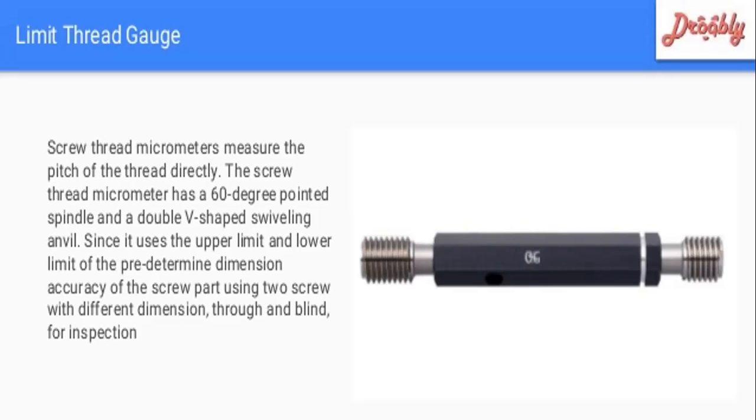So by this, I'm going to end the class for the screw thread measurement. We have seen different types of measurements which cause the errors in the major diameter and the minor diameter, and we had also seen the effective diameter. For verifying the effective diameter, we have seen the two-wire method and the three-wire method. These two methods are very important from the point of view of university exams.